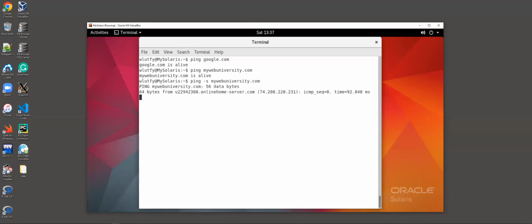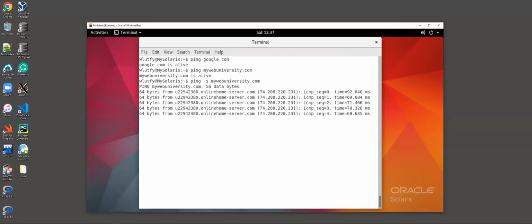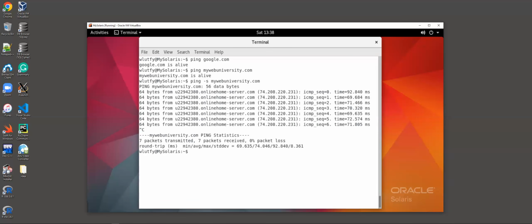MyWebUniversity.com. This -s will actually connect to it, and it will just go indefinitely unless you stop it. So if you're just trying to make sure you boot a server, you want to say when is it going to ping and when is timeout, then you could do a -s option, and it will just go there. You can also do an nslookup on